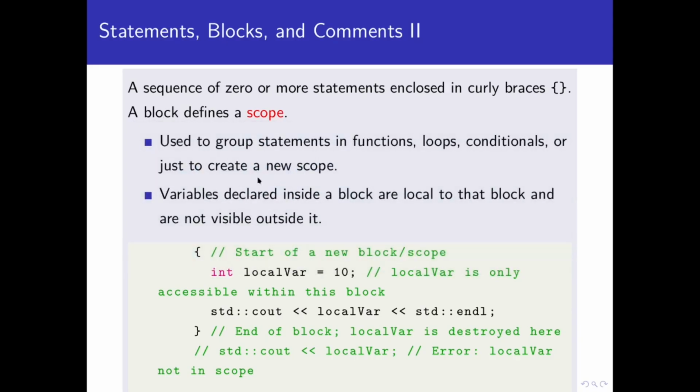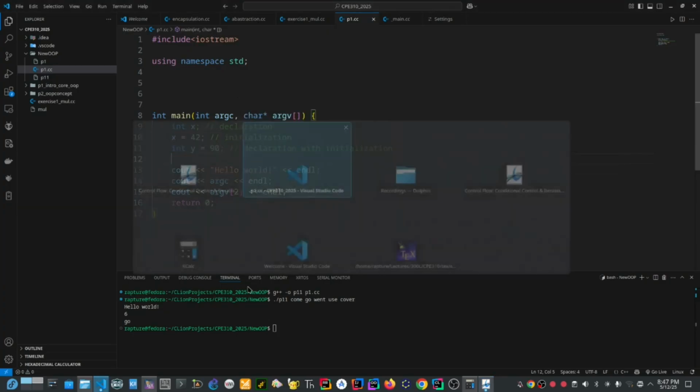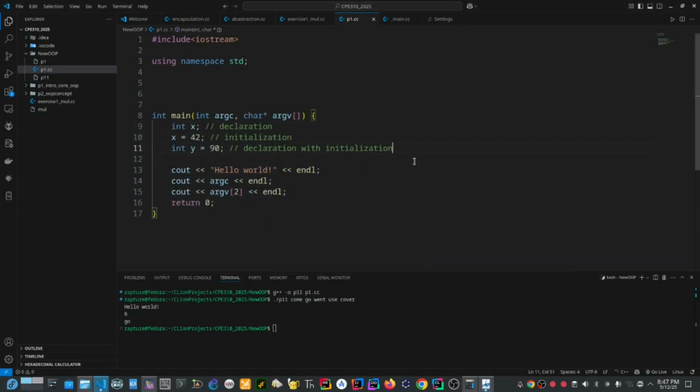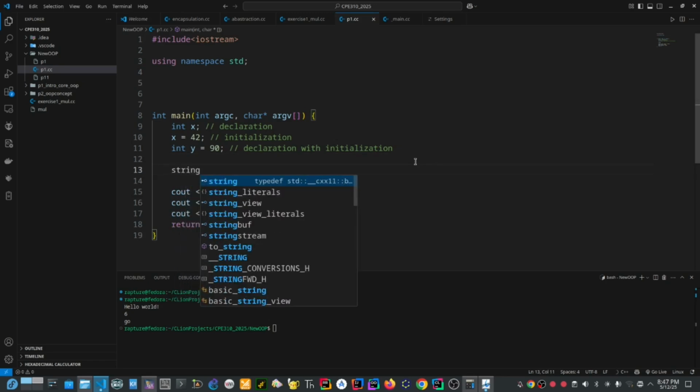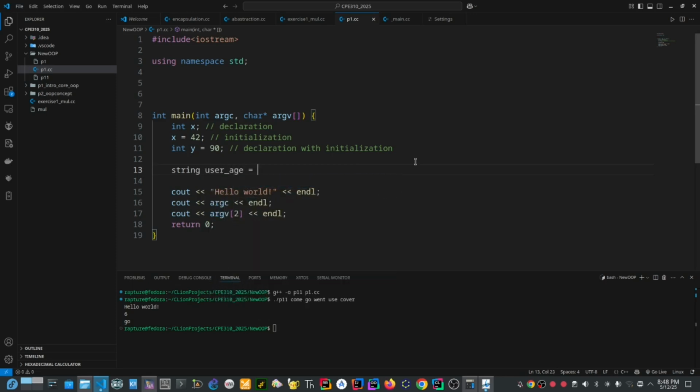Then this is the block of code you can see, and you also see some rules. You can name your variables, whether with alphabet, small letter, capital letter, just the same way. You can see user age. You can name that maybe, for example, car. To name a user age, you can use a string userAge equal to what?